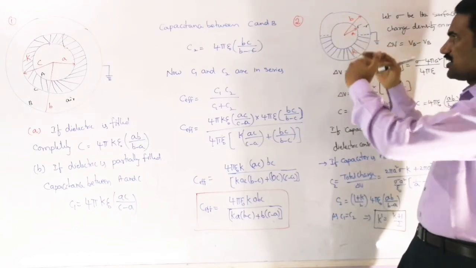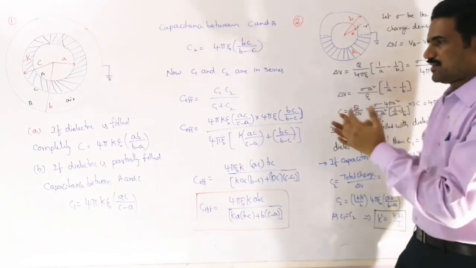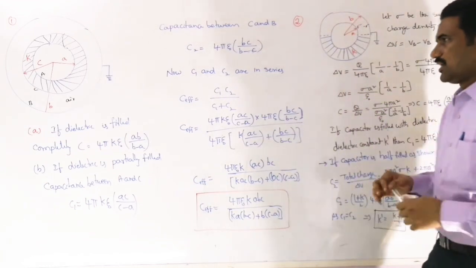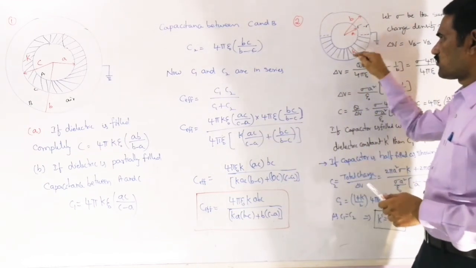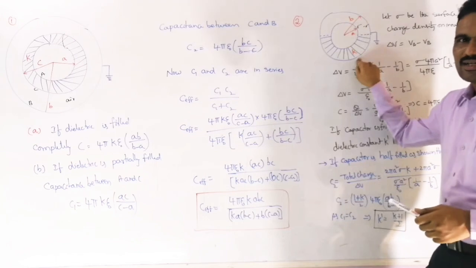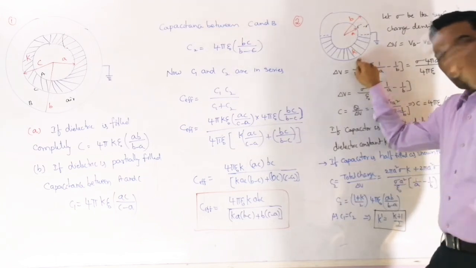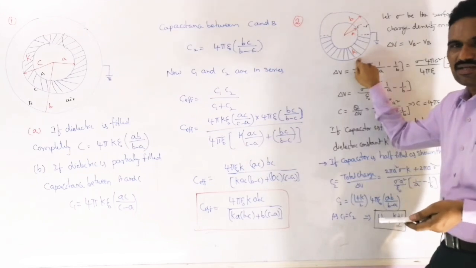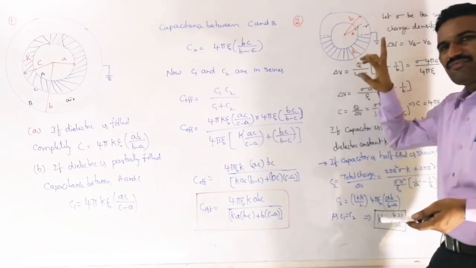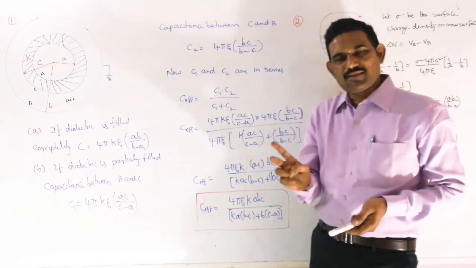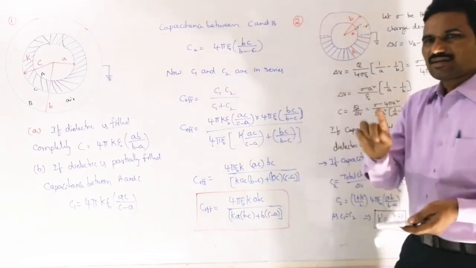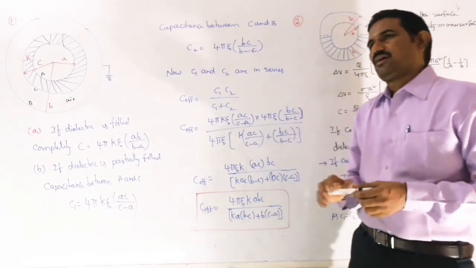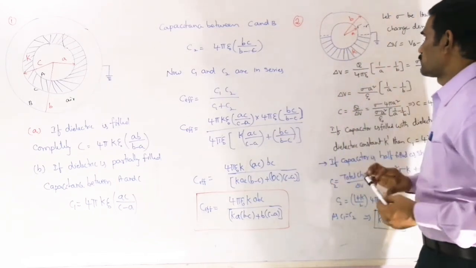Now it is half filled like this. So let us write this problem. Actually they will give the problem like this: it is half filled with the dielectric K1. Now we completely fill it with another dielectric having dielectric constant K dash. Now if the capacitance in both the cases is the same, then we need to find the K dash value in terms of K, right? So write this problem.